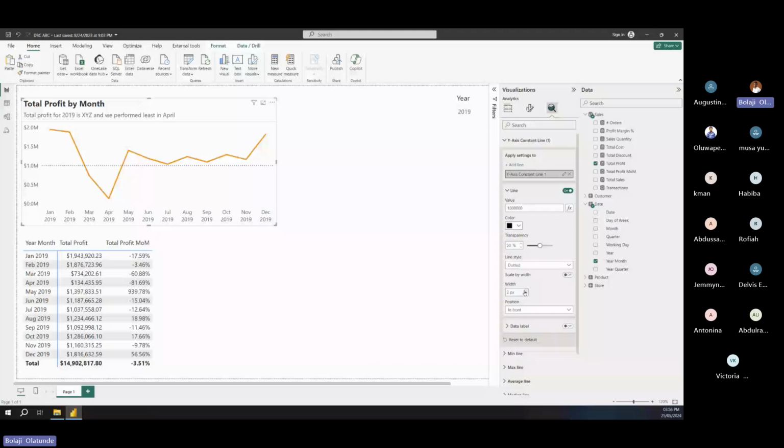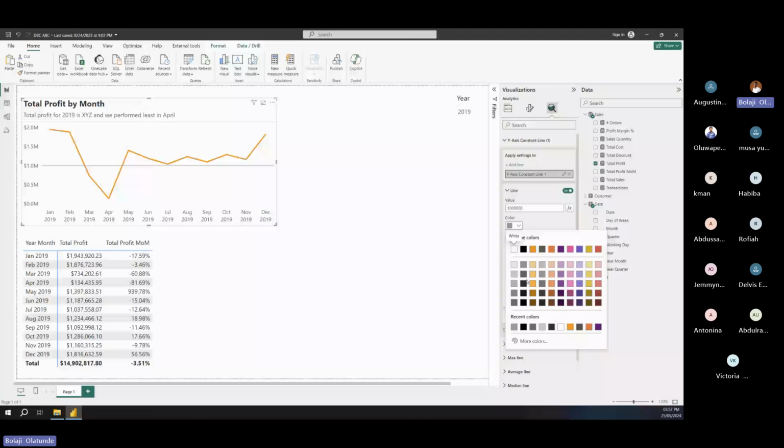So that's my 1 million mark. Now, automatically, I can see the dates, the points where we exceeded the target and the points where we were below the target. And to make my line a bit more descriptive, maybe it's not bold enough, I make it a darker shade. Then I can add the label of the line,